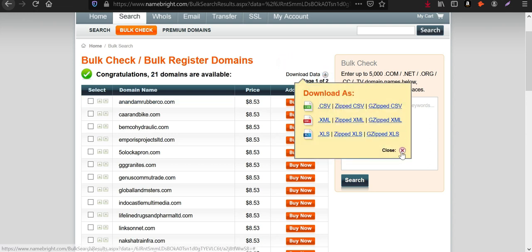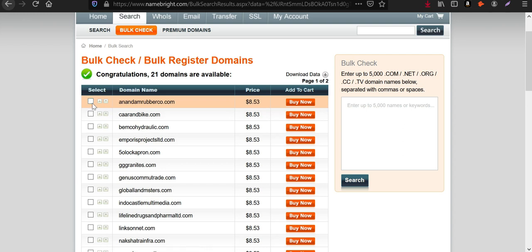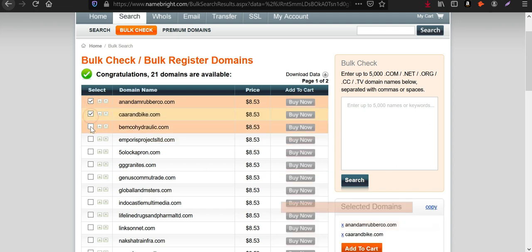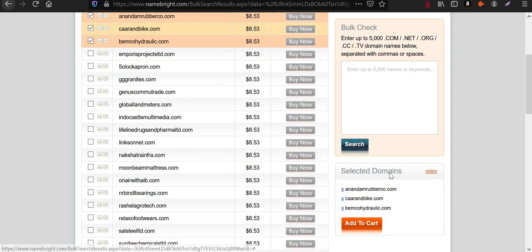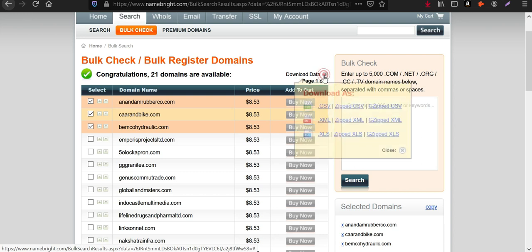There is another method. If you want to select by the name, then you select them here, and you can copy the data. Okay, let me export all the results first. Open it.